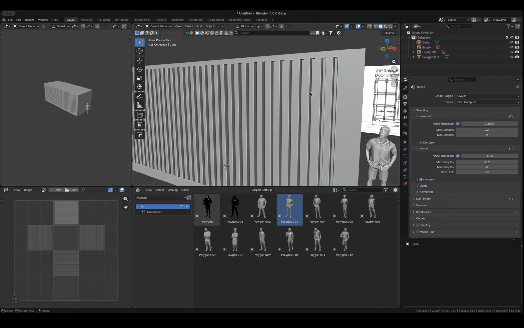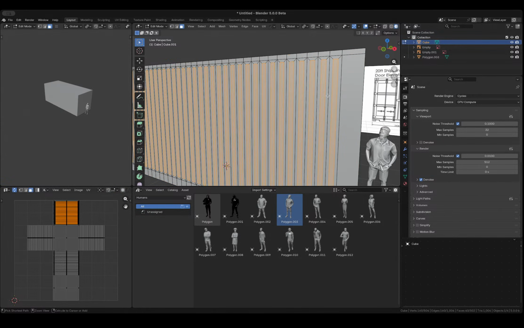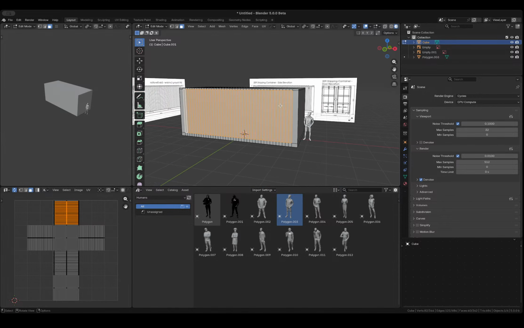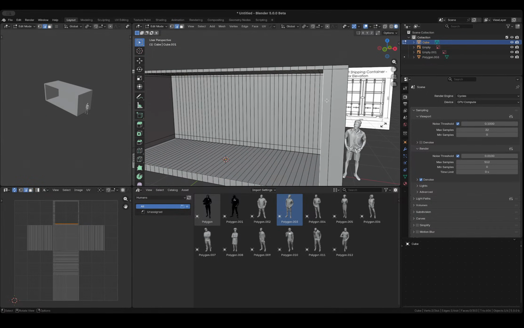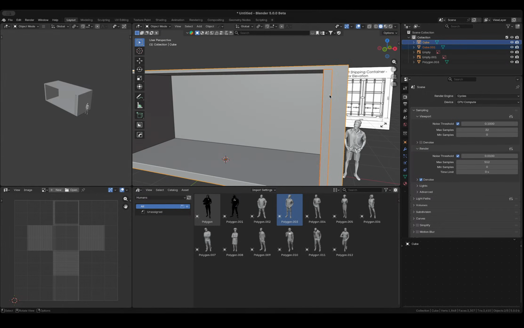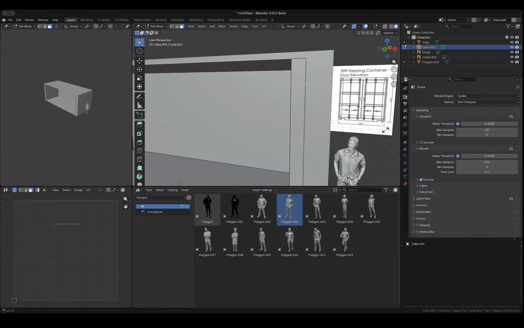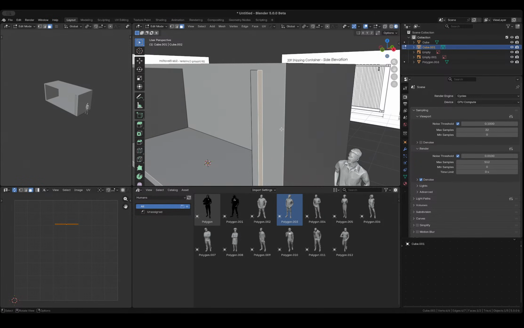So that's cool. Or so I thought. I'm going to undo right back to this point and I think instead of doing it in the container itself, I want to treat that differently. So I'm going to select this, P, separate that selection, and then this I'm going to use to form that shape. So I'm going to bring this in here and then this I'm going to extrude